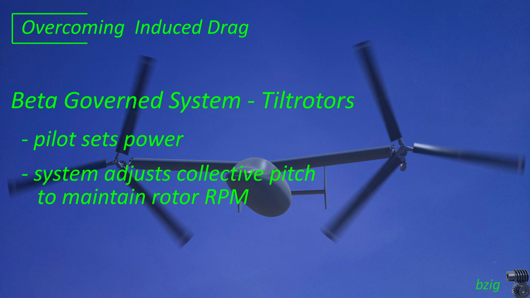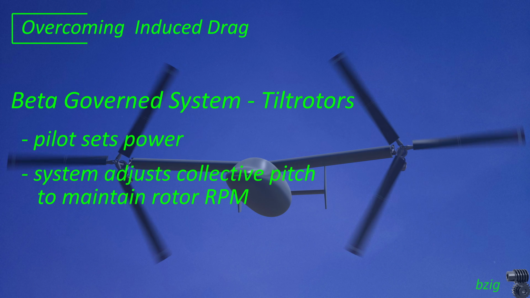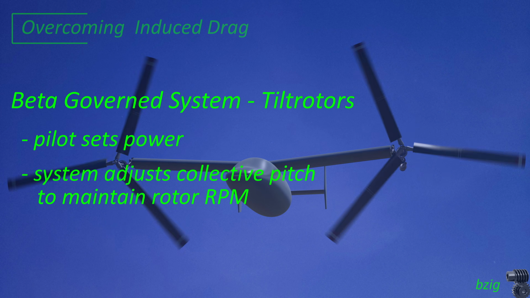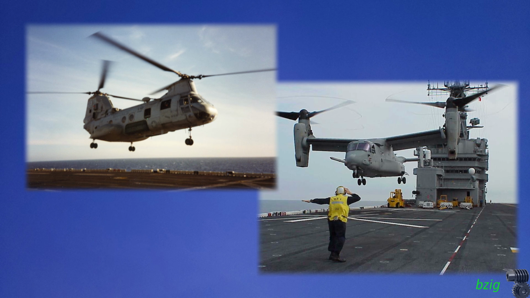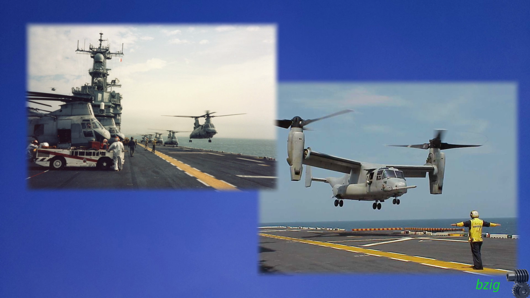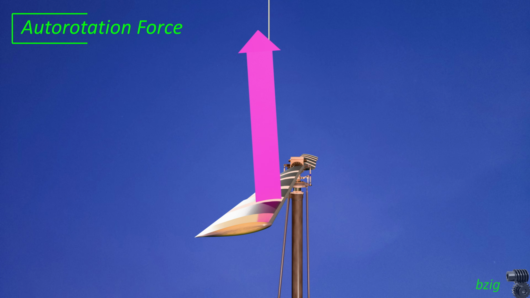It could correctly be called a pitch-governed system, and that term would be less confusing, but beta-governed is the more common term. Despite this fundamental difference, the way pilots interact with the flight controls isn't that much different for most hover maneuvers between helicopters and tilt rotors. Aside from the changes to drag, the other interesting thing